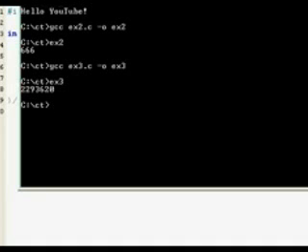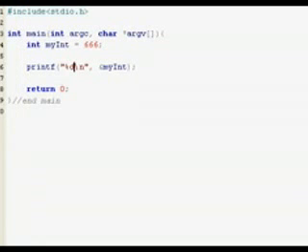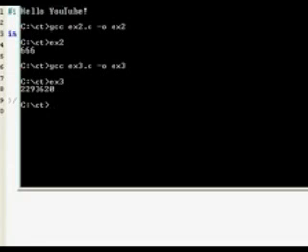And what that tells us is that at memory location 2,293,620, our value 666 is stored. So that's interesting. But we're using, instead of that